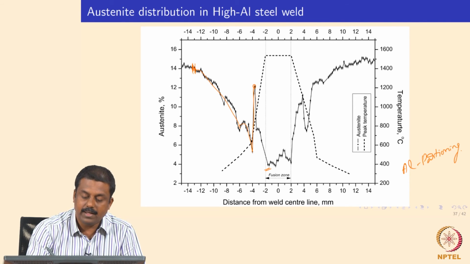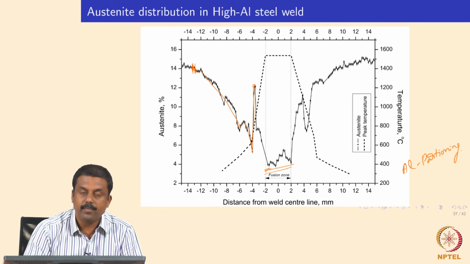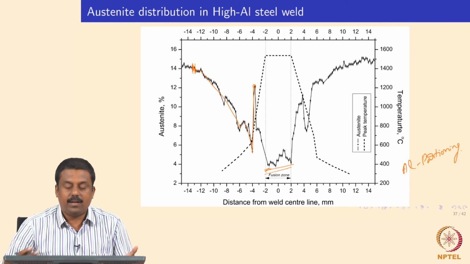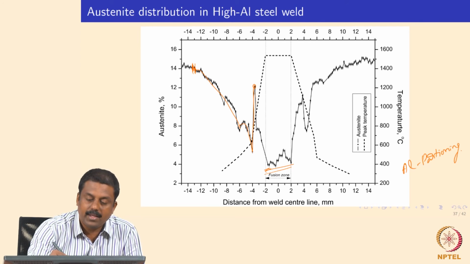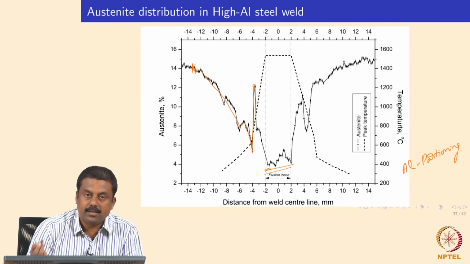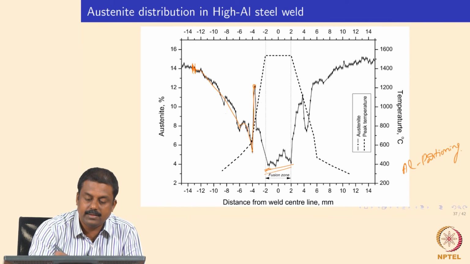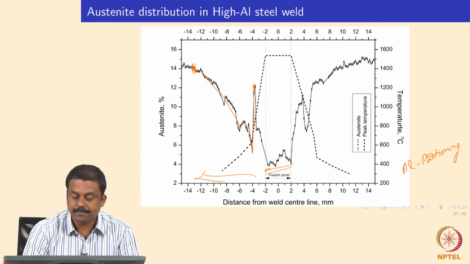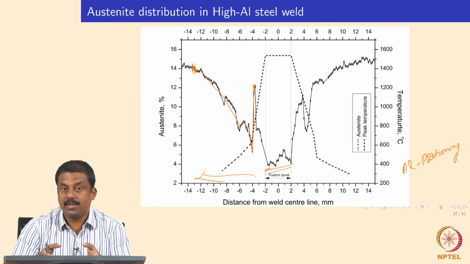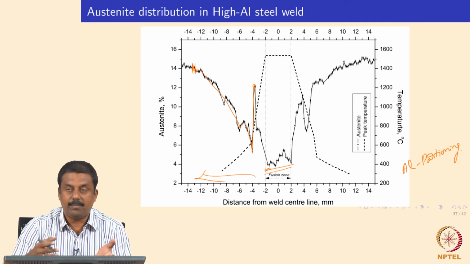So you have a continuous decrease in retained austenite fraction, and then of course in the fusion zone you don't have any intercritical treatment or any other phase transformations other than complete martensitic transformation, whereas in these regions the peak temperature would change the austenite formation and the decomposition mechanism. So even though you have a similar microstructure in the base material in both high silicon and aluminum steel, you may end up getting different volume fractions of phases in the heat affected zone. So always be very careful when you are welding a multi-phase microstructure, especially if retained austenite is present in the microstructure. The volume fraction of retained austenite can change as a function of peak temperature reached during welding.